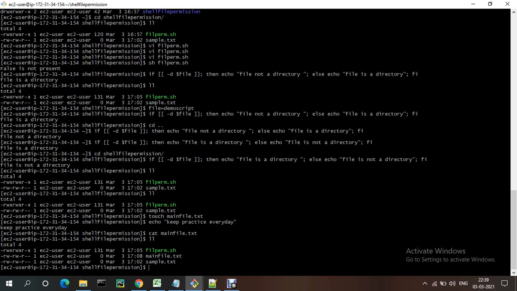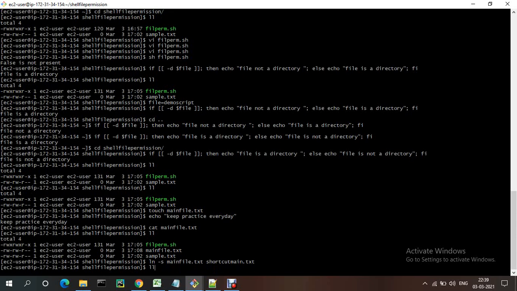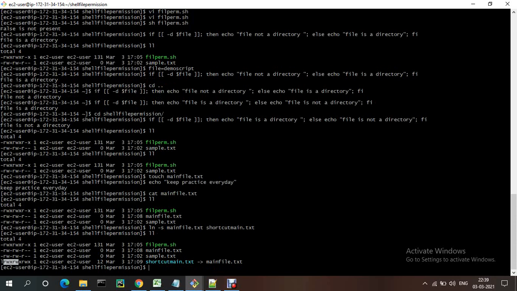We will call it a soft link or symlink. For that the command is ln -s mainfile and the shortcut name, shortcut file, shortcut anything. Okay, shortcut mainfile.txt. Now a symlink should be created for this one.